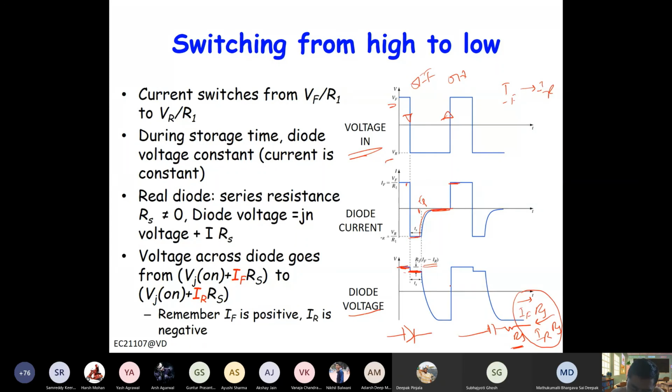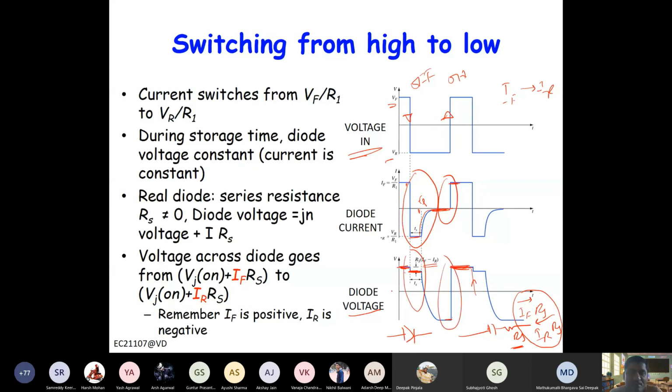Similar thing happens at the second cycle also. During the turn on transient, there is no such thing. It quickly gets the voltage, because in this case the current was already pretty small. So the current suddenly increases, and it doesn't require much time to inject the carriers. That's why, though the scale is a little exaggerated, the turn off transient takes more time than the turn on transient.